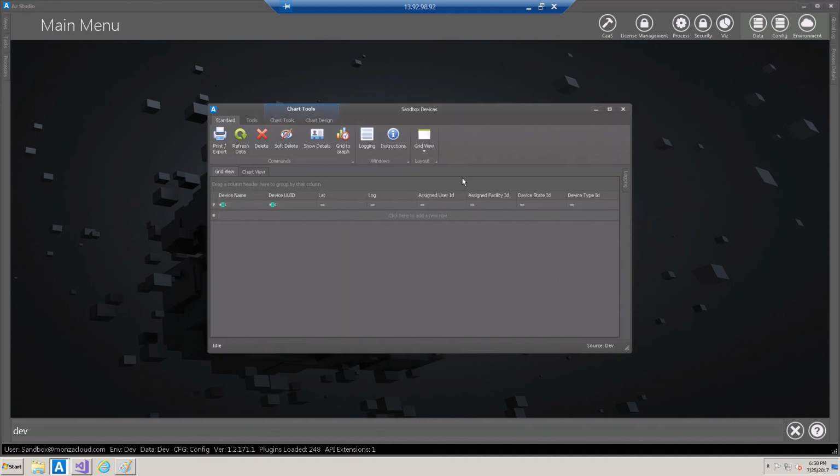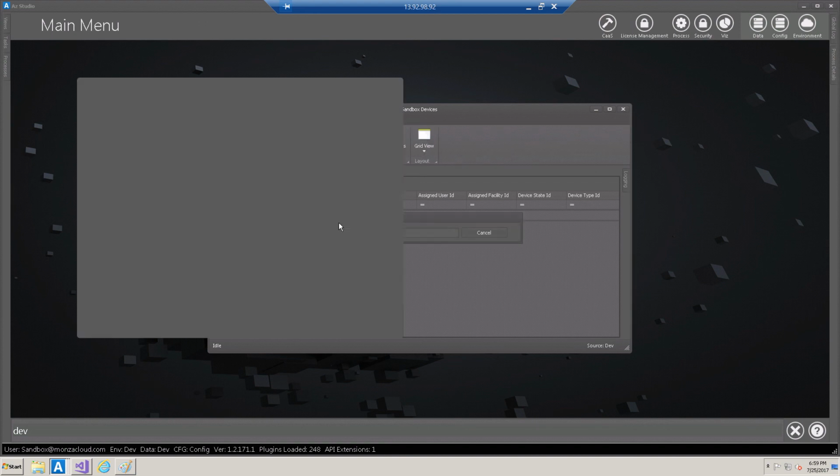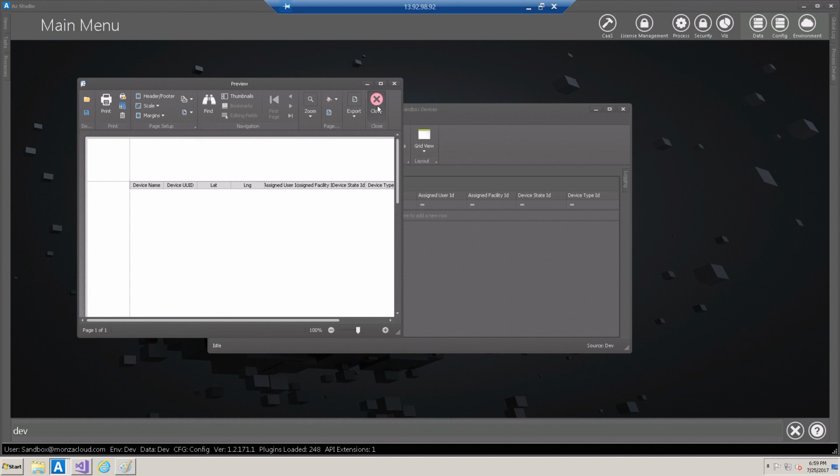Among other things that you can extend through the arguments class are the different tools that you'd like to expose to the user. Chart tools are already embedded into your grid and into your data. If you have data that lends itself to charting and graphing and reporting, well, we've got it all here ready to go, including tools to allow you to print and export your data. We have tools to allow you to